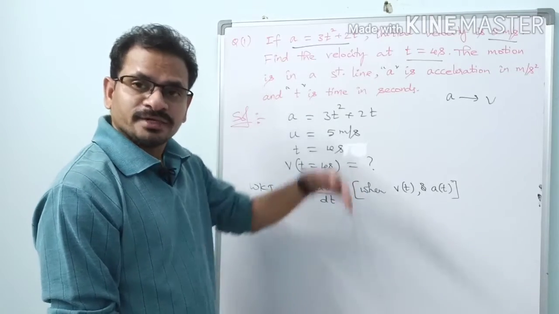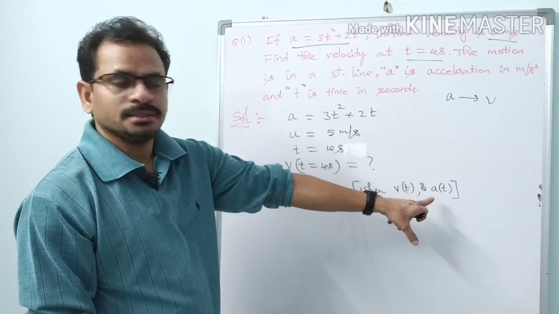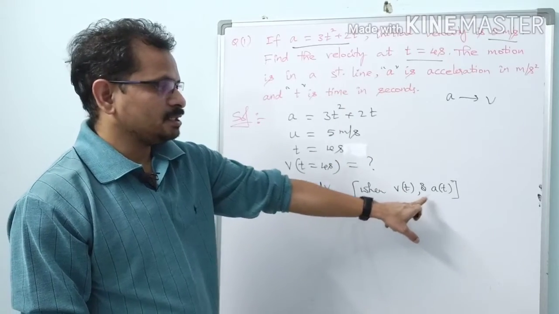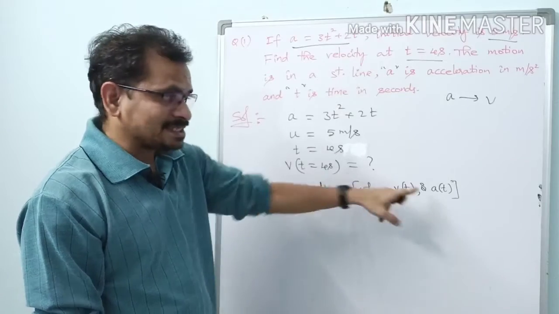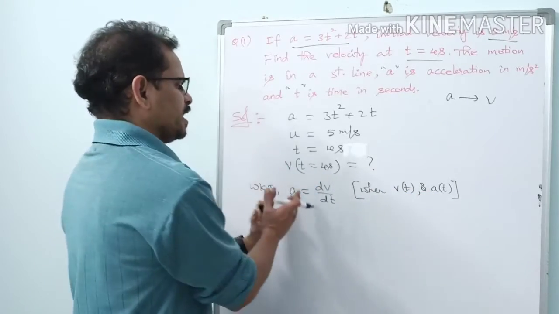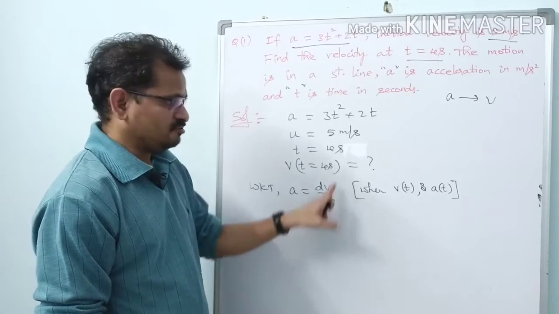Okay, in differentiation, v will be given to us and acceleration has to be found. So if velocity is given as a function of time t, we have to use the same expression. Here acceleration is given as a function of time t. Even here we have to use the same expression. So a equal to dv by dt, and what we want to find here, we know.